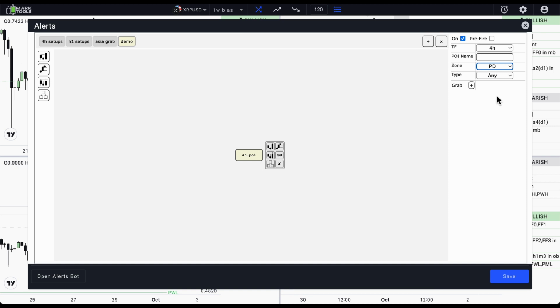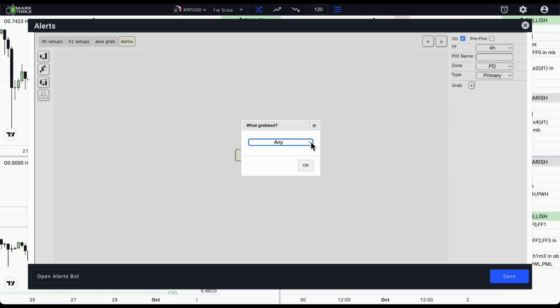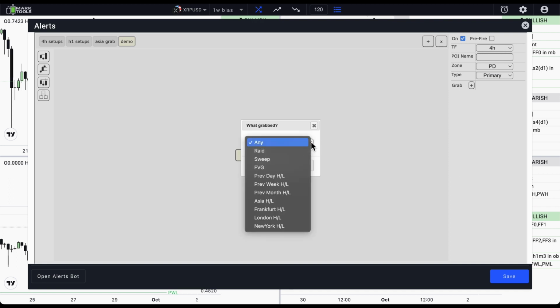For the field type I'm choosing primary, because I'd like to have the most recent break of structure. I'm skipping the grab field. With this field I can specify that the POI must be formed either after grabbing liquidity or testing FVG. The value RAID says the POI is formed from RAID, so usually you set it if you would like to see your POI as a breaker.